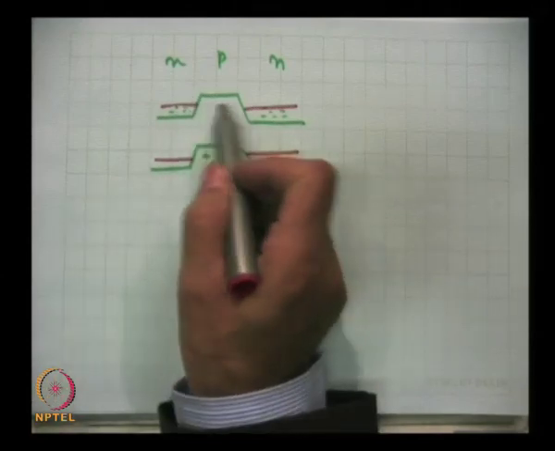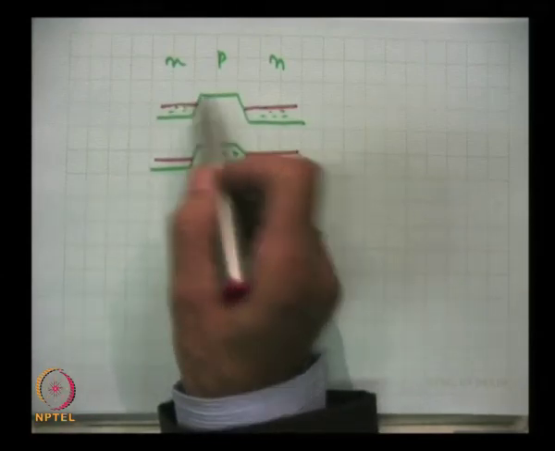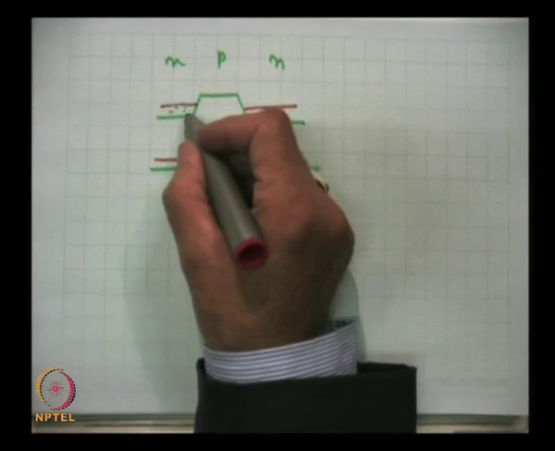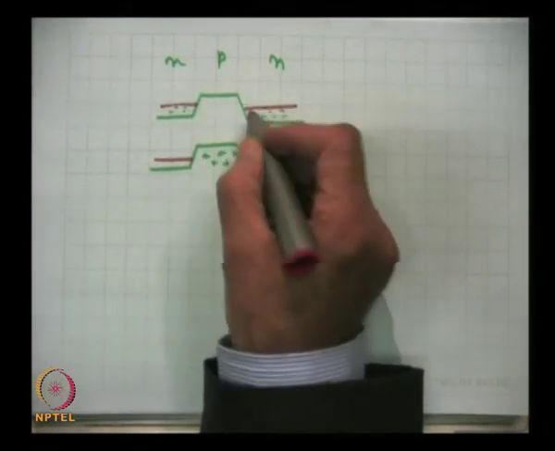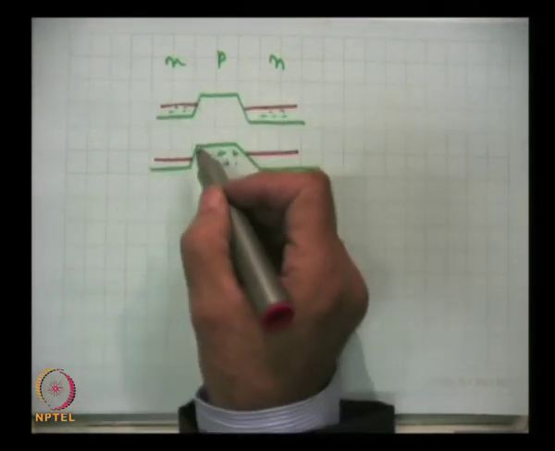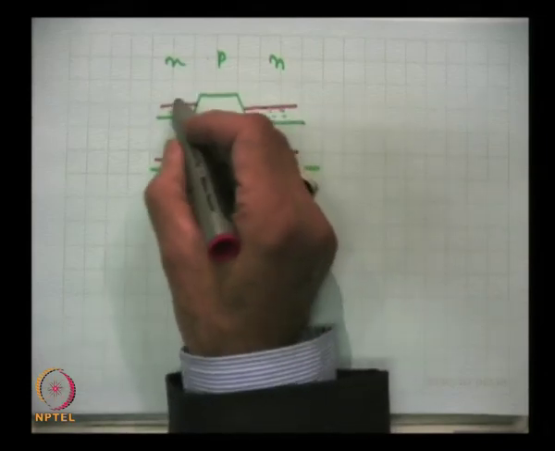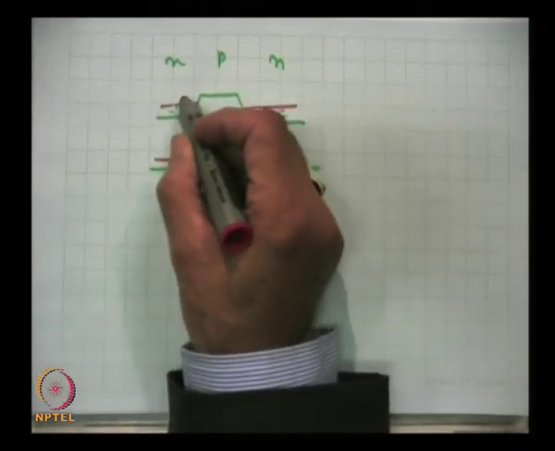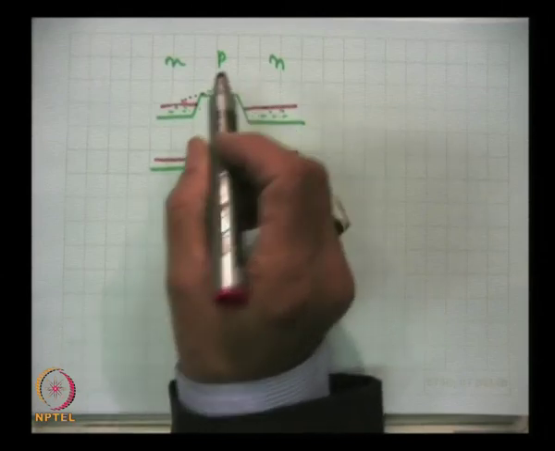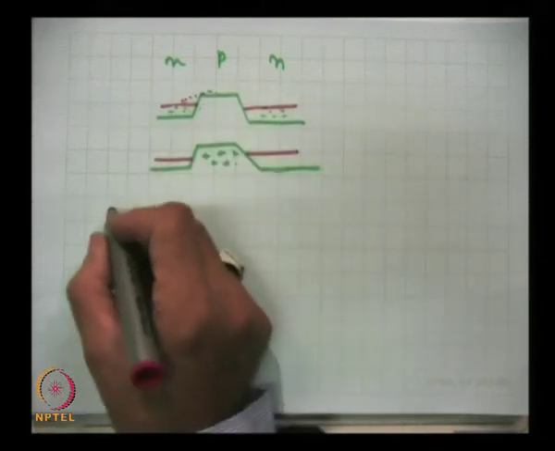These red ones are the new positions. This is the reduced potential here, and hence these electrons from the N side will constitute what we call emitter current,